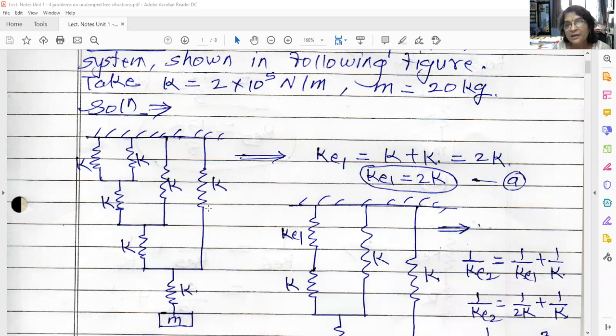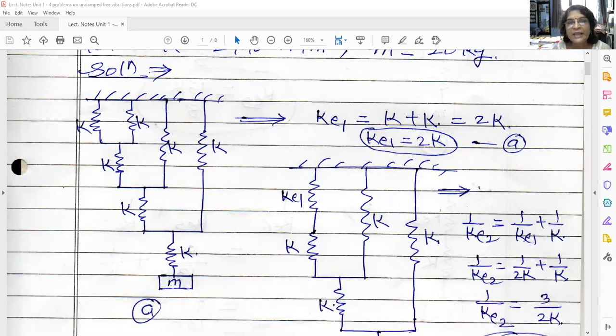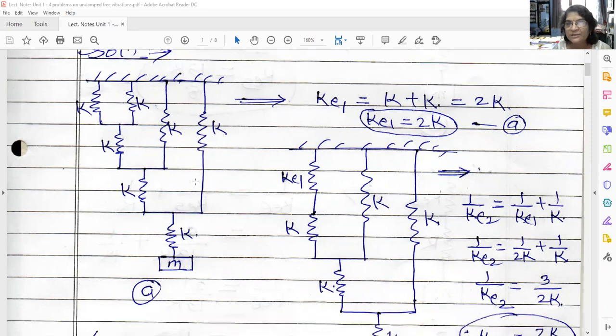If springs are connected in series and parallel, how to find out combined stiffness of springs or equivalent stiffness of spring. Okay, so see, this is the mass. It is attached with these many springs. So if I pull the mass and release it, what is the natural frequency of vibration of this system that we are supposed to find out? Okay, so there are different steps of this problem. So what is the first step?